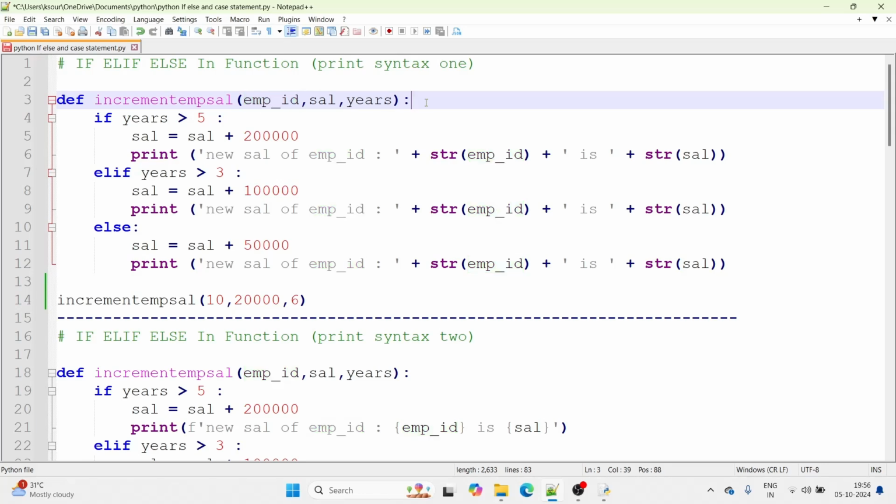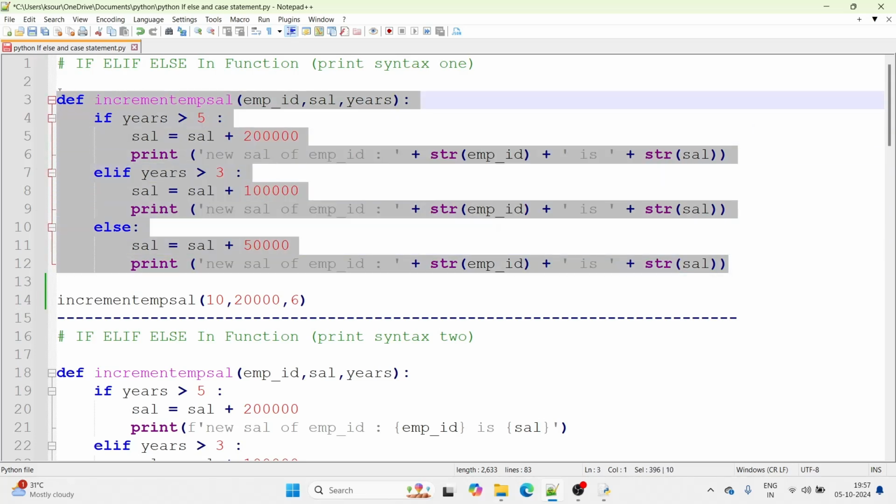Okay, three inputs. Just for the sake of input I'm using a function, but I'll explain functions in detail in upcoming lectures. Okay. So let's suppose this is our first function where we are using the if else statement,